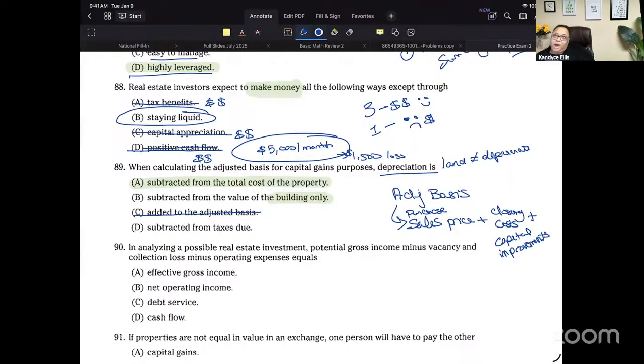Meaning, if I bought the house for $100,000 and then I had $5,000 in closing costs, but then I added a new bathroom and that was $20,000, then my adjusted basis would be